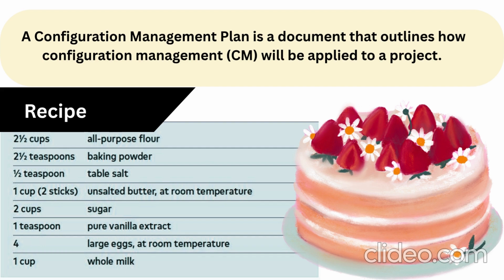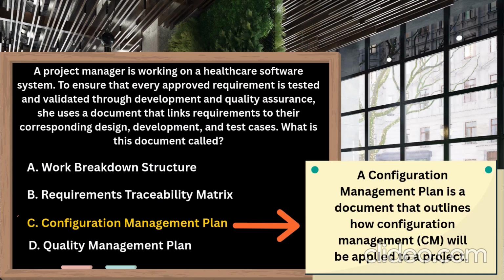Now suppose one of the cooks wants to change something in the recipe. So he can't change it on his own, right? He has to take permission from all the stakeholders, all the cooks who are using this recipe, and inform them. If they agree, the change can be done. So this is known as a configuration management plan. How you need to change or configure your requirement, the plan is known as the configuration management plan. So this option is again an incorrect option.